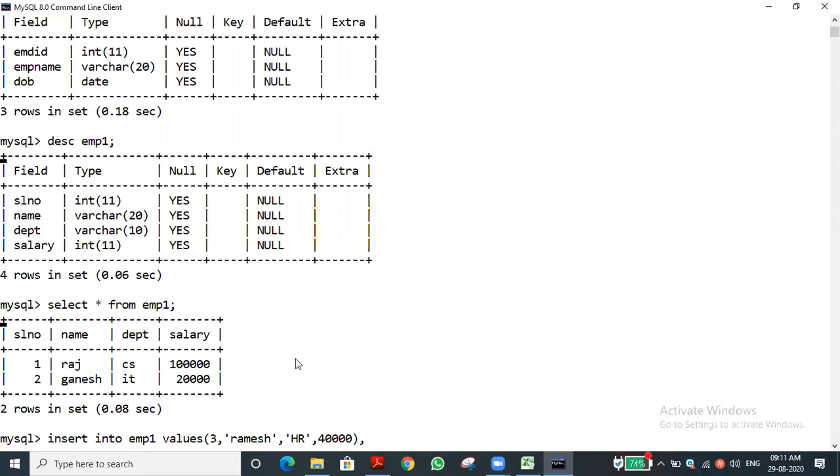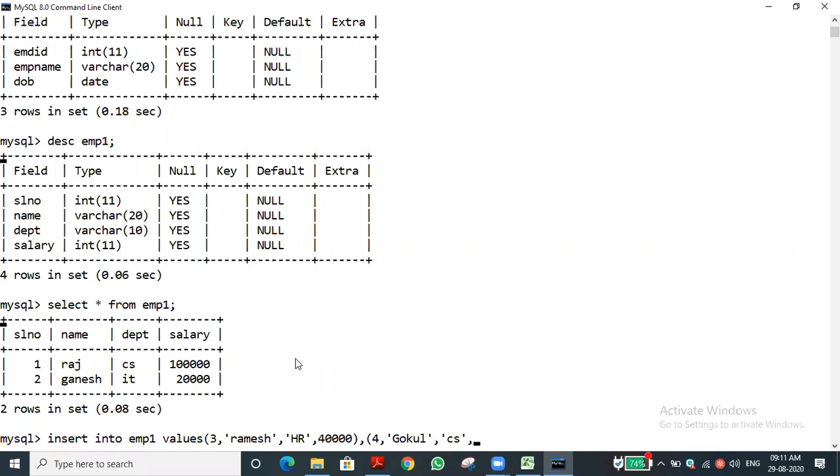Another record, if you want to enter, comma with another name. So 4, comma, another name. Then department, again I am using CS, for the purpose.